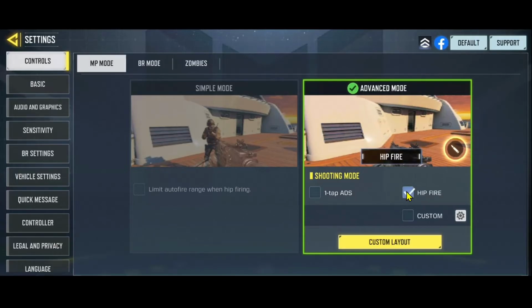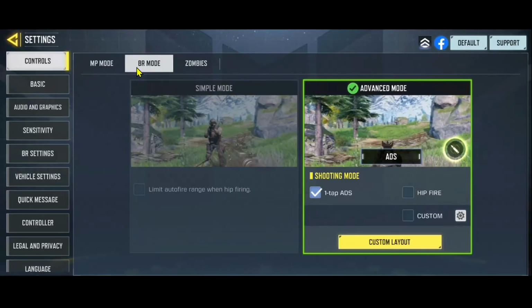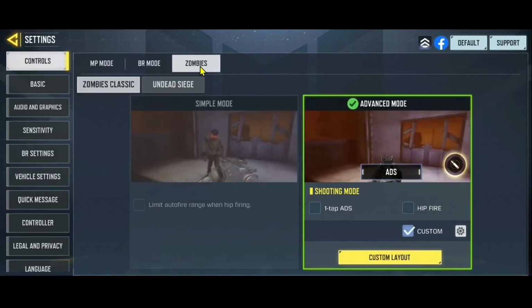You can also use the hip fire settings, but this will not enable the quick scope option for your game. After tapping on one tap ADS, make sure that this mode is selected for all of your desired game modes. You can tap on the Battle Royale as well as the Zombies mode and make sure one tap ADS is